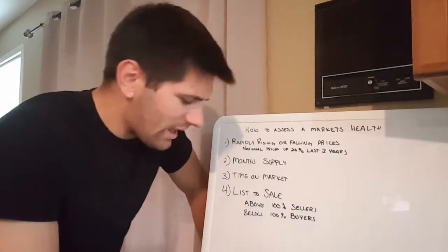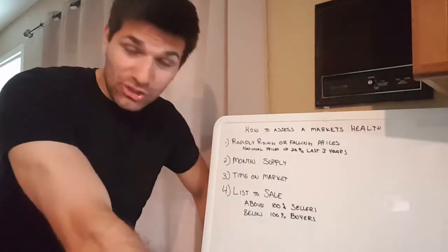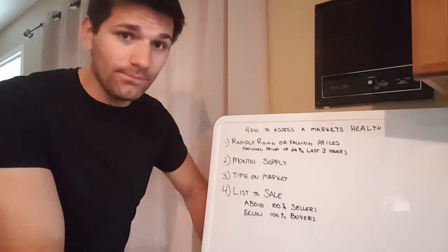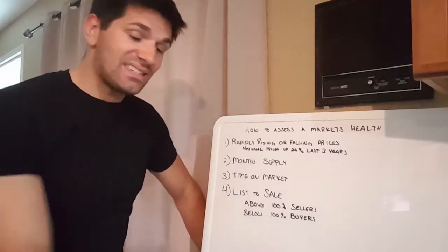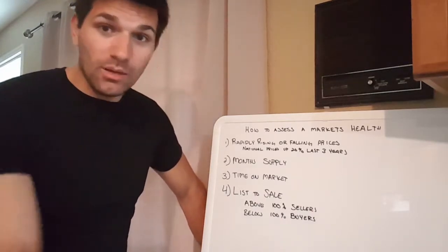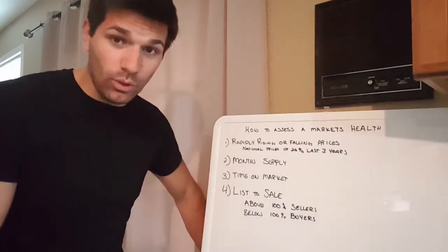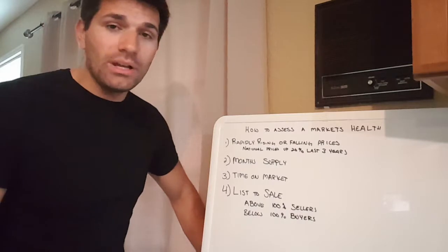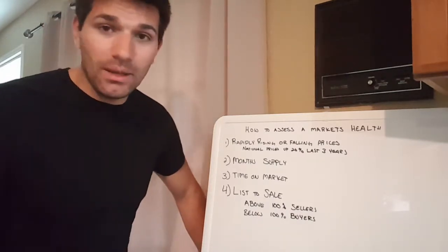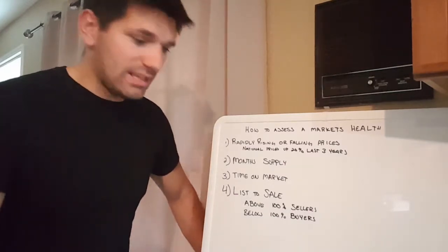So that means how much did the house actually sell for, $150,000, versus how much it was listed for, $140,000. If it sells for more than it's listed, then you take that number it sold by, $150,000, and divide it by the number that it was listed for, $140,000. And you're going to get a number that's over a 1. If you get that number that's over a 1, you can multiply it by a 100 and you'll get the percentage. So let's say it's a 1.1. So then you'll have 110%. Anything above